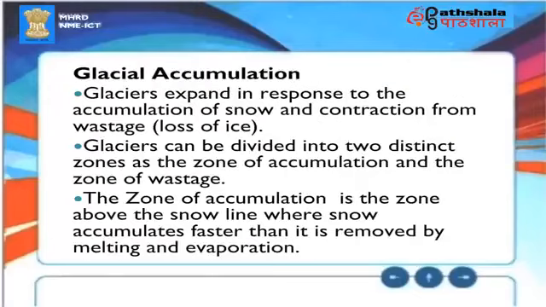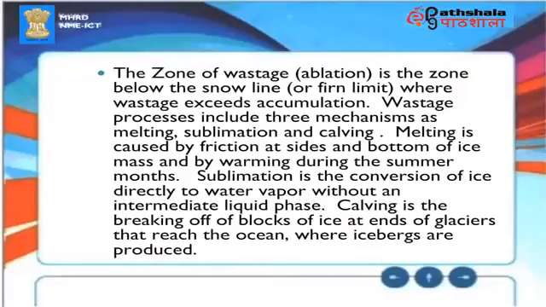Glacial accumulation. Glaciers expand in response to the accumulation of snow and contract from wastage, loss of ice. Glaciers can be divided into two distinct zones: the zone of accumulation and the zone of wastage. The zone of accumulation is the zone above the snow line, where snow accumulates faster than it is removed by melting and evaporation. The zone of wastage, ablation, is the zone below the snow line or firn limit where wastage